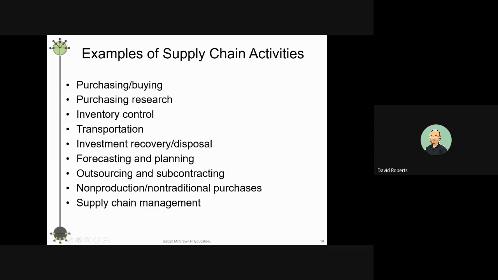You know, like what we're seeing with the pandemic and the shipments of the doses of the vaccine. A lot of emphasis on inventory control. There was even a case in the United States where somebody deliberately sabotaged some of the vaccine, which is, very fortunately, a very unusual event. The transportation of the items, again, with the vaccine, some of it requires super cold storage at, I believe, minus 70 degrees Celsius. And again, your forecasting and your planning, how much you're going to need, when are you going to need it, MRP, things along that line.